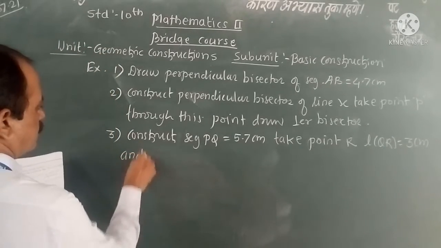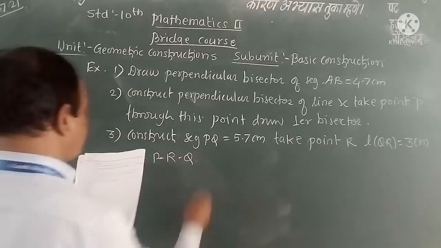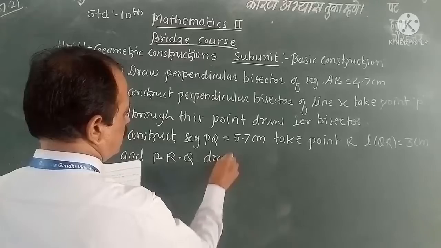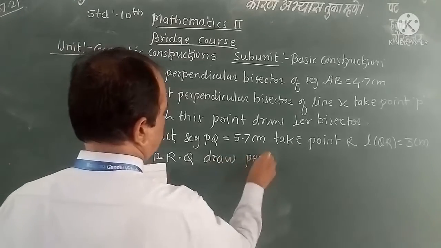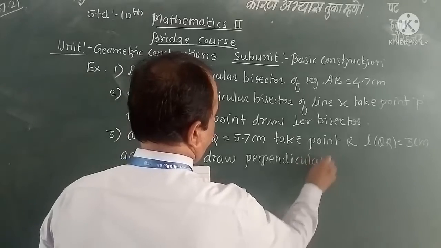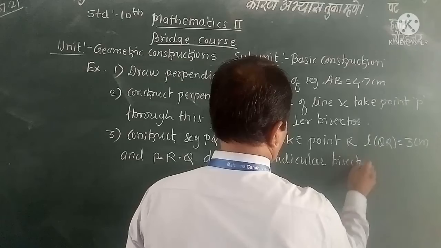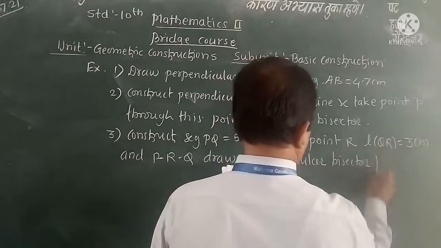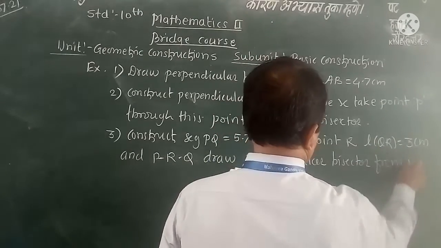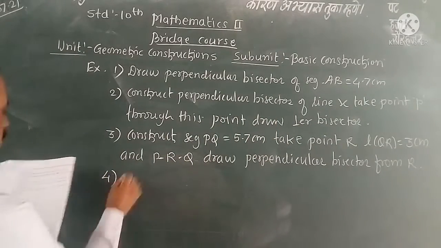And R lies between P and Q. Draw perpendicular bisector from R. And the last question is for construct